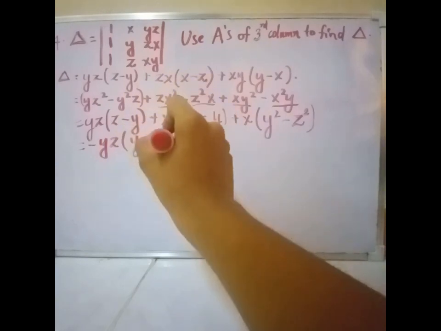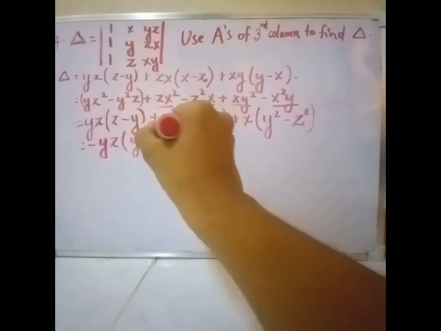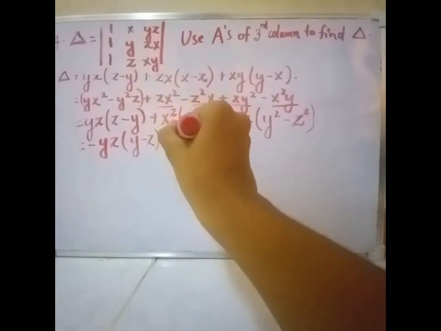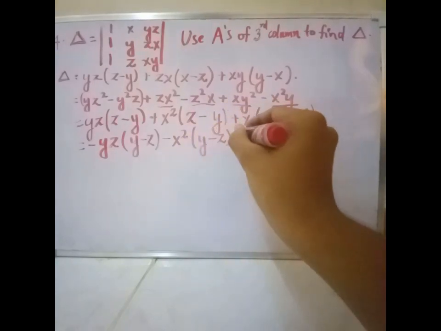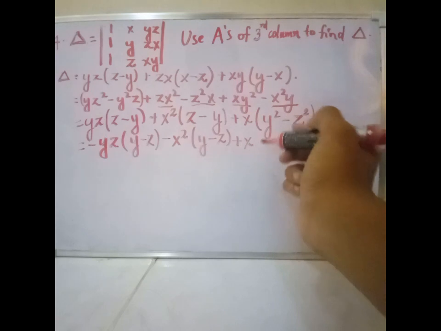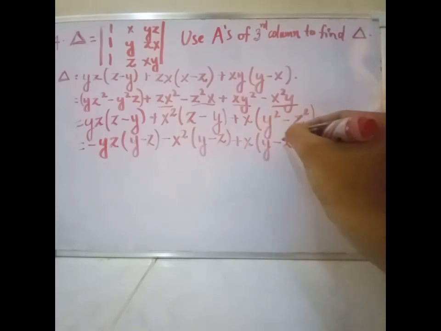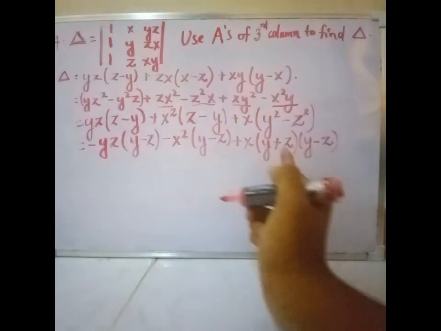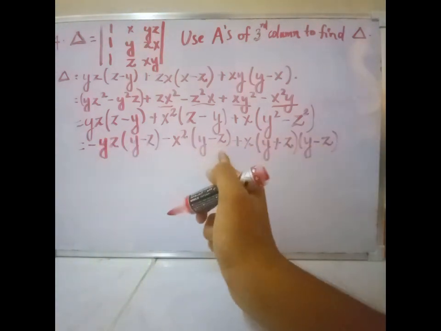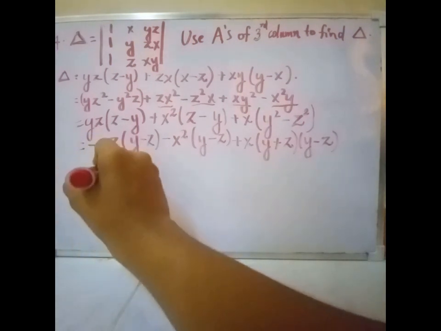Here also we have to change the order, so we multiply x squared by minus, so it will become minus x squared times y minus z. This one has no need to change any order, so for y squared minus x squared, we can just expand. A squared minus b squared is equal to a plus b into a minus b. So the same property is applied here. Then if you check, all of these elements have y minus z as a common factor, so we can take out the y minus z